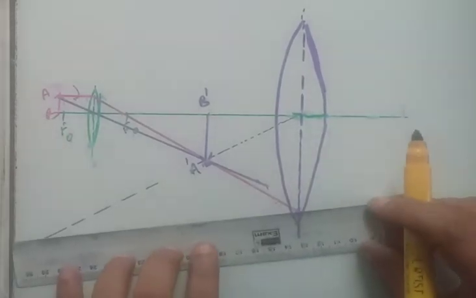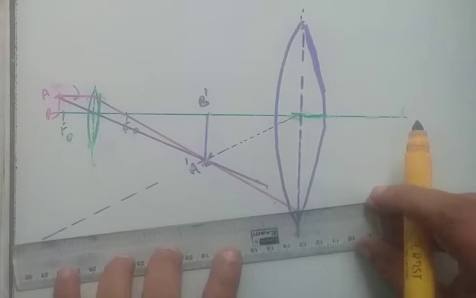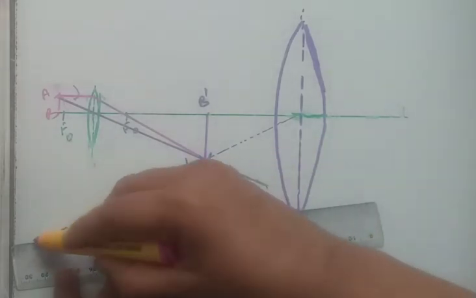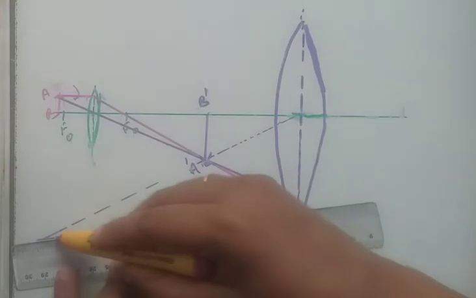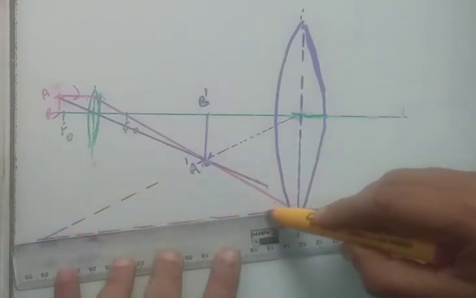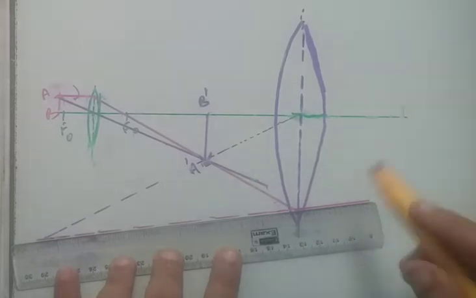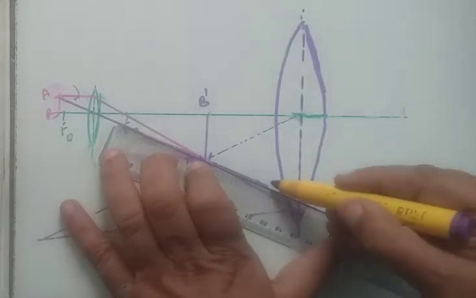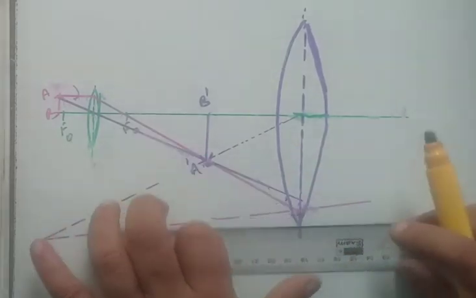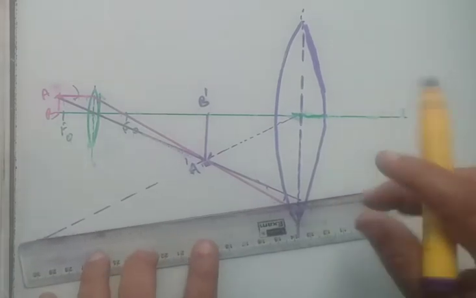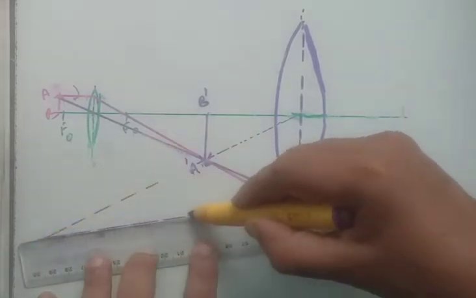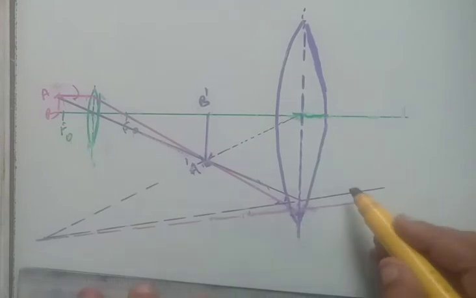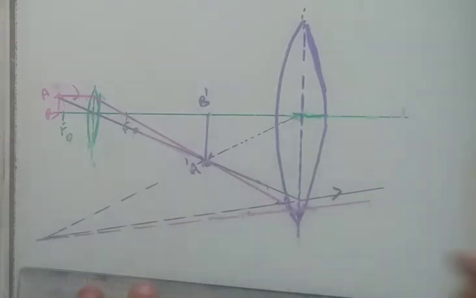Now, these two rays, which are from the object, that is image A dash B dash, should also meet this light ray like this. It proceeds like this, and this light ray also meets like this. From there it touches the same point. Observe the skill of writing this figure, because if you write it in a different manner, you may not get the proper figure there. That's why you practice this.